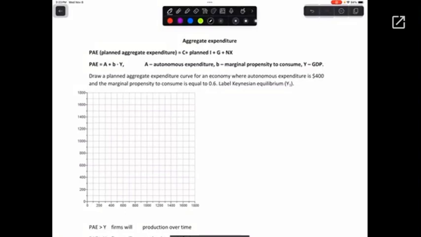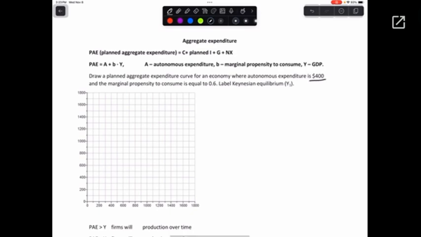We're going to be talking about the Keynesian equilibrium and how to solve for it using the planned aggregate expenditure equation and how to solve for it using a graph. Also going to talk about how firms adjust their production over time if planned expenditure is not equal to actual expenditure. So first, in this example, we're told to draw the aggregate expenditure curve for an economy where autonomous expenditure